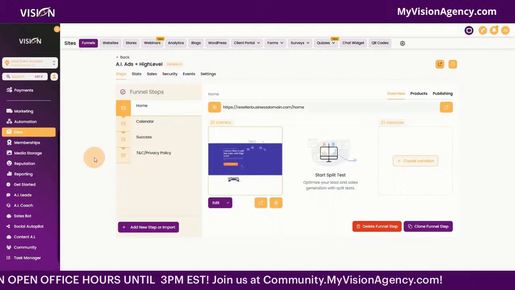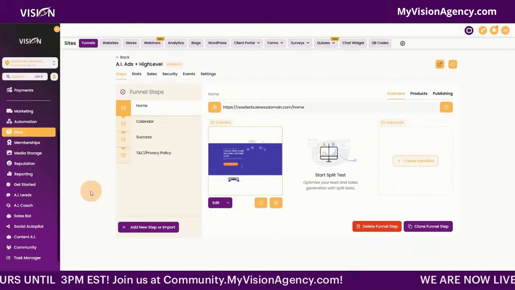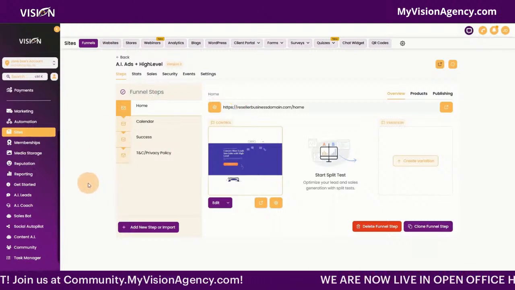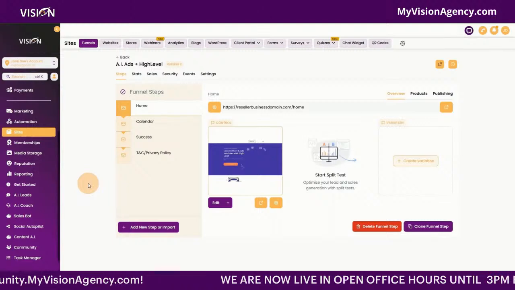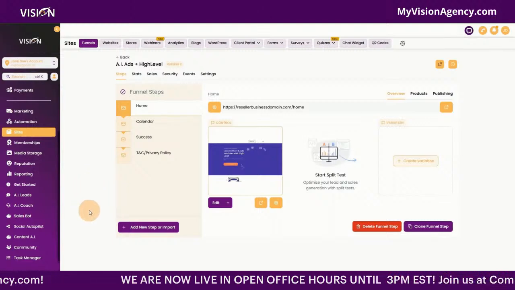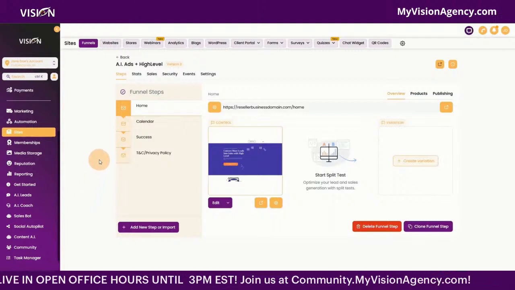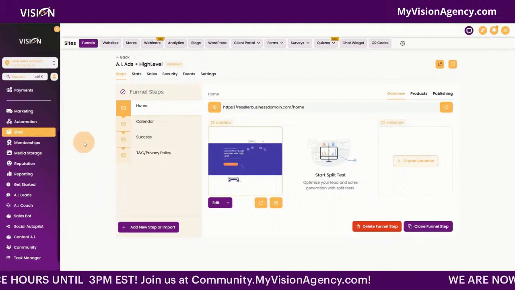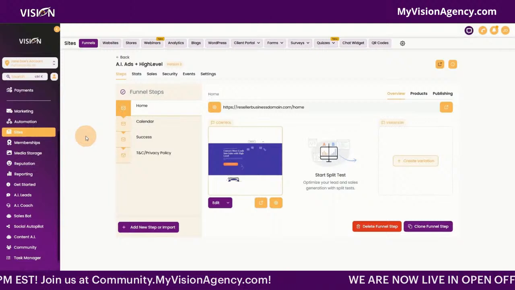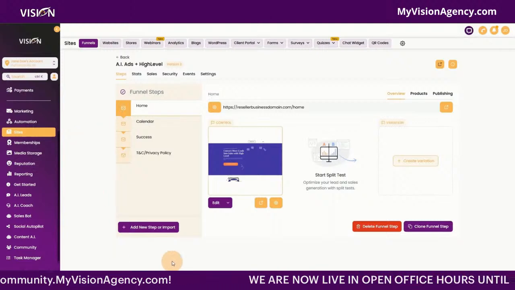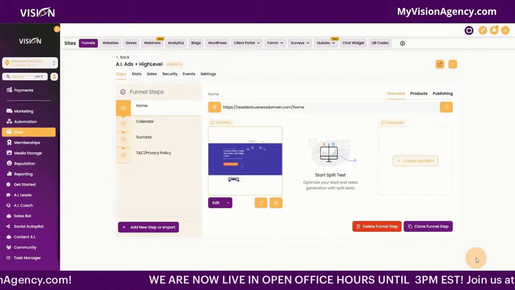Okay. So that's why I'm providing this done for you system to all of our members, and the licenses to rebrand and resell the AI Ads Manager, and also the ability to resell unlimited sales bots. And all of that is done inside of the High Level agency, using it as the foundation of our business,